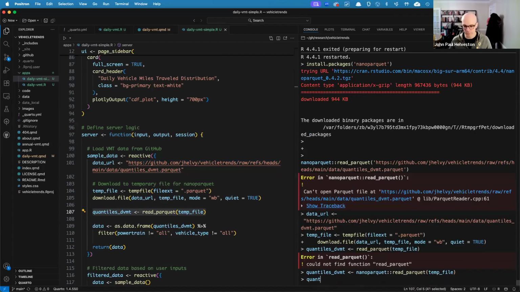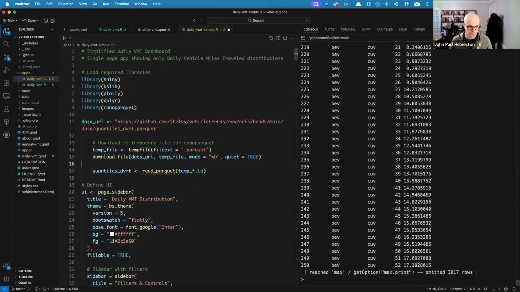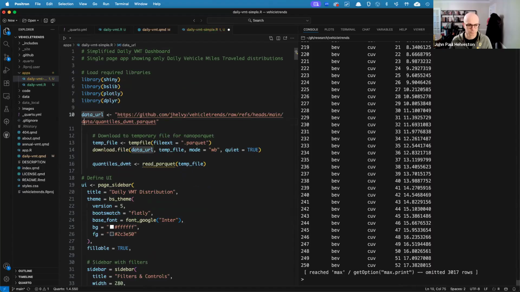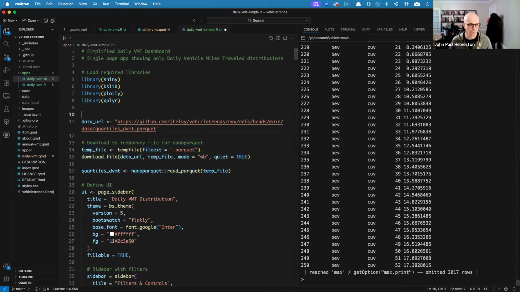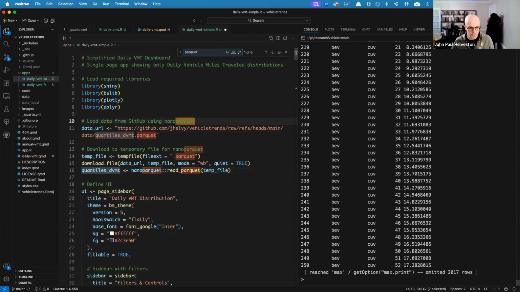So that worked. That worked. So what we need to do is just pull this out. We're gonna do it this way. Why didn't it auto? Okay. So this is, yeah, there. Great. So we can load the data, get a temp file, create it, and then this thing is